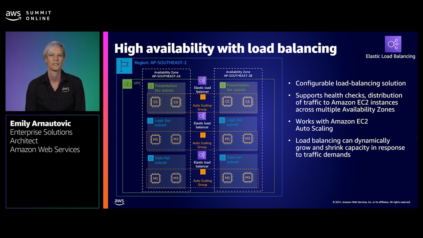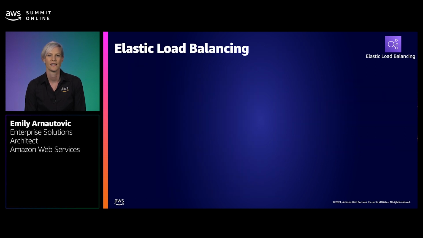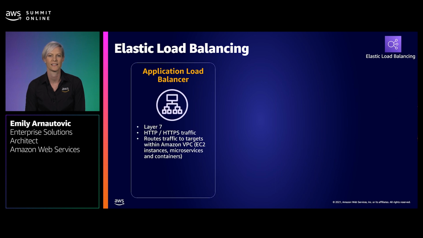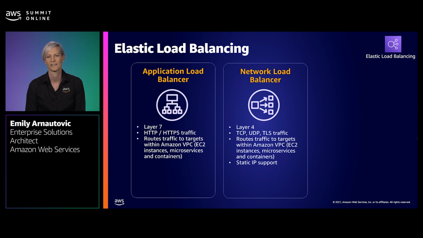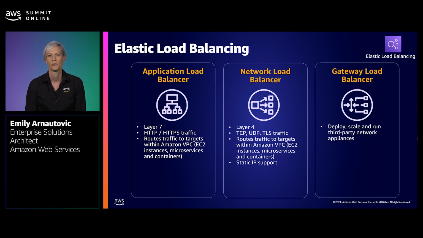Now, there are a few choices with Elastic Load Balancing on AWS. Let's take a look. The options depend on the use case. So we've got Application Load Balancer for layer 7 traffic, Network Load Balancer for layer 4, and then we've also got the Gateway Load Balancer, which is used for third-party network appliances on AWS. Nikki and her team are going to take a look at the Application Load Balancer first, and they'll get that working. So we've addressed compute availability. What about the database?